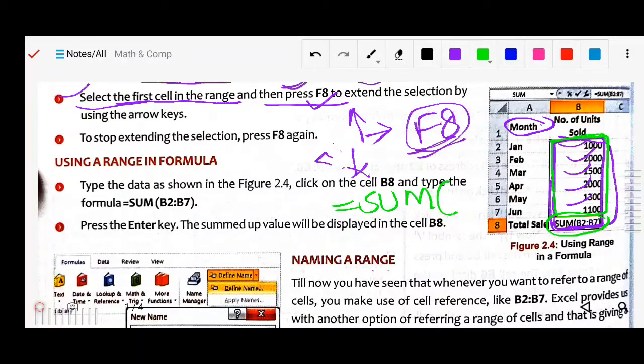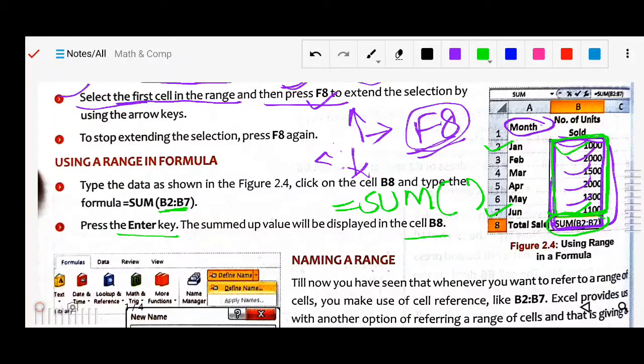The value will display like this, B2 colon B7, meaning from B2 to B7 all are selected. Close the bracket and press the Enter key, and you will get the result in B8.